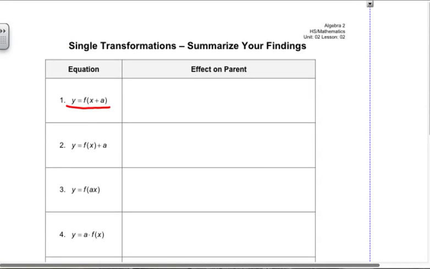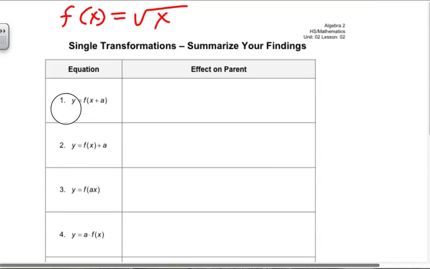Some function of x plus a. All right, and let's deal with some examples. Let's just say f of x is going to equal the square root of x. Okay. I notice this now will go inside the square root. So when you've got a plus or minus inside the square root, the graph